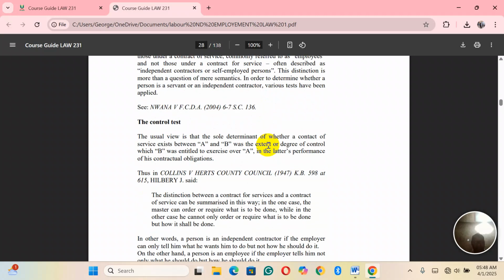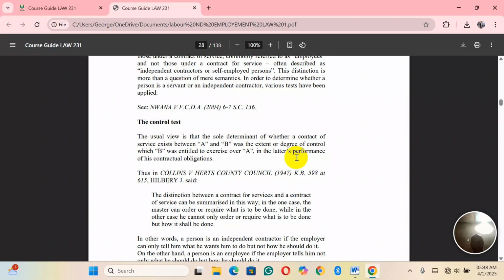And then we're looking at the control test. The usual view is that the sole determinant of whether a contract of service exists between A and B was the exact extent or degree of control which B was entitled to exercise over A in the performance of his contractual obligation. And so we can see the case of Collins versus Hertfordshire County Council, where the distinction between a contract for service and a contract of service